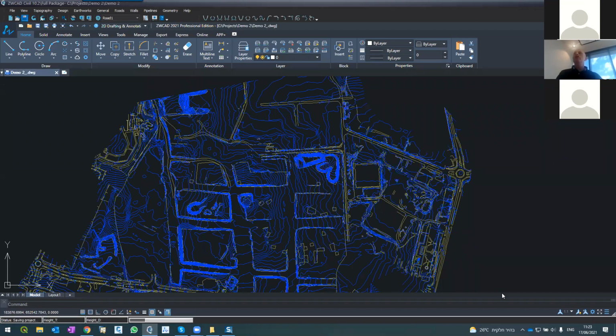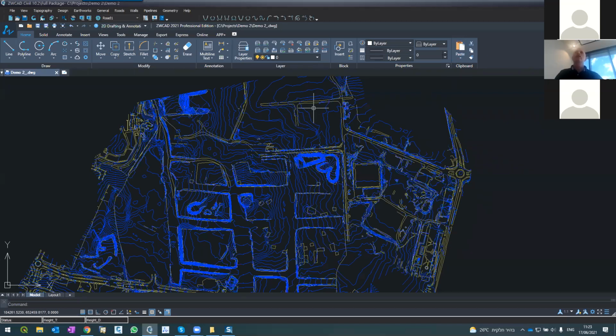And before I continue, anyone has a question? If anyone has a question, please, this is the time. Because if you have a question concerning this surface, let me know. Otherwise, I will continue and do some designs around here. Sorry, sure. Yes, please. Because we are dealing with the topo, maybe is there any option where I can input the topo data from the devices like RTK or Total Station